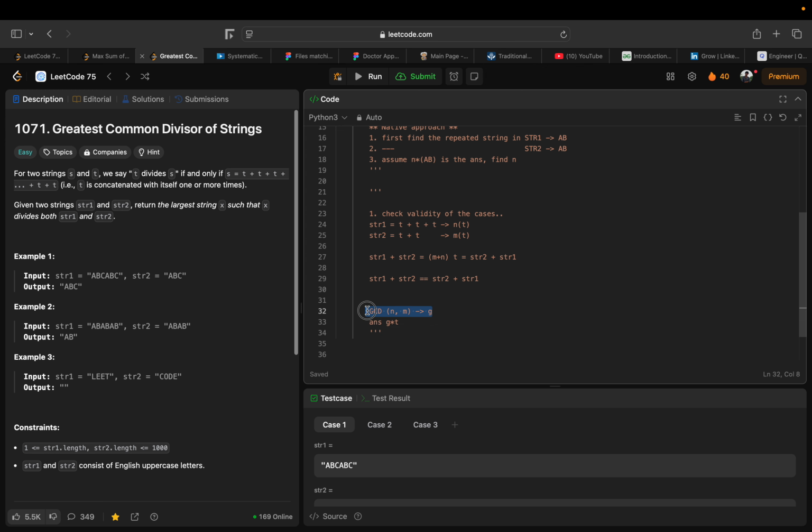I hope you understand my solution to the problem. So let's say n is 4 and m is 2, right? So the GCD will be 2, right? So if this is the case, AB and AB, so there are 4 AB and there are 2 AB, so the largest string is nothing but AB. Okay,